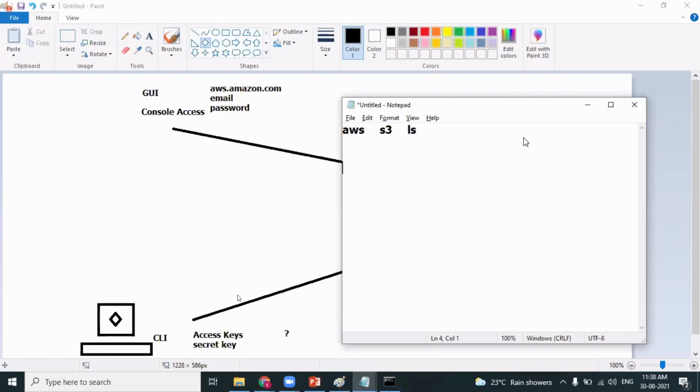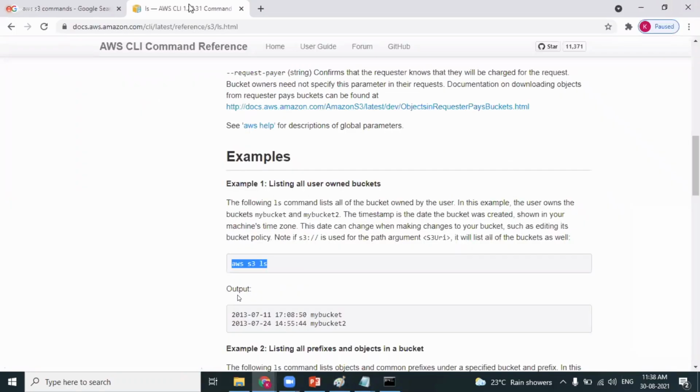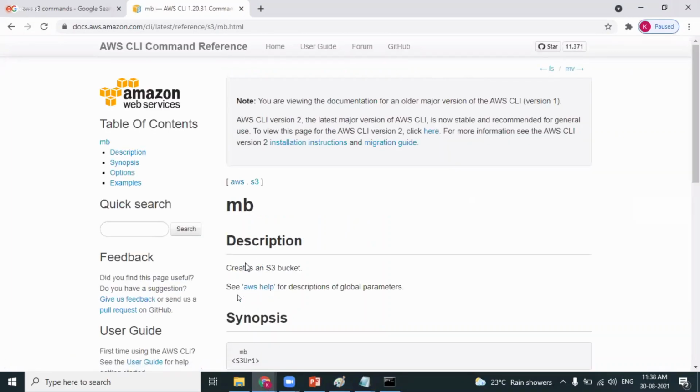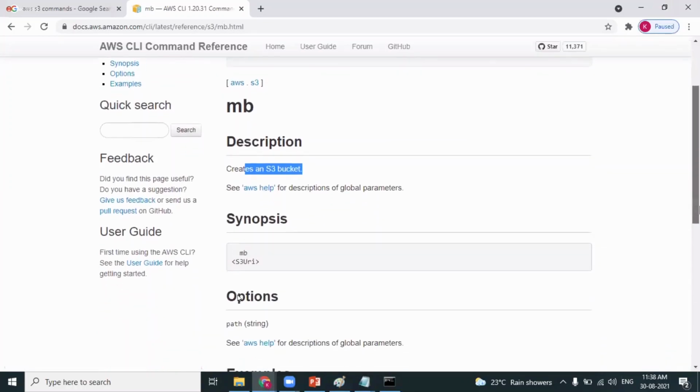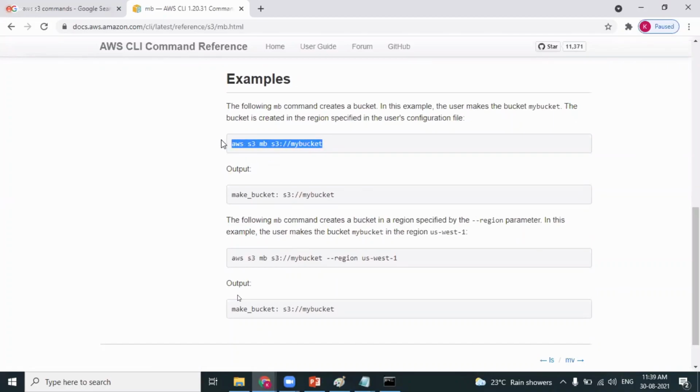Number two, Anuj, can we create a new bucket from the command line? Yes, definitely. Go back to our documentation where we have seen the list of all the commands. Can you guess what CP is? CP is copy. Can you guess what MB is? Probably make bucket. So it creates an S3 bucket. That's what we want, isn't it? So you should be in a position, Anuj, to identify the right command using the documentation. They have given a syntax also.